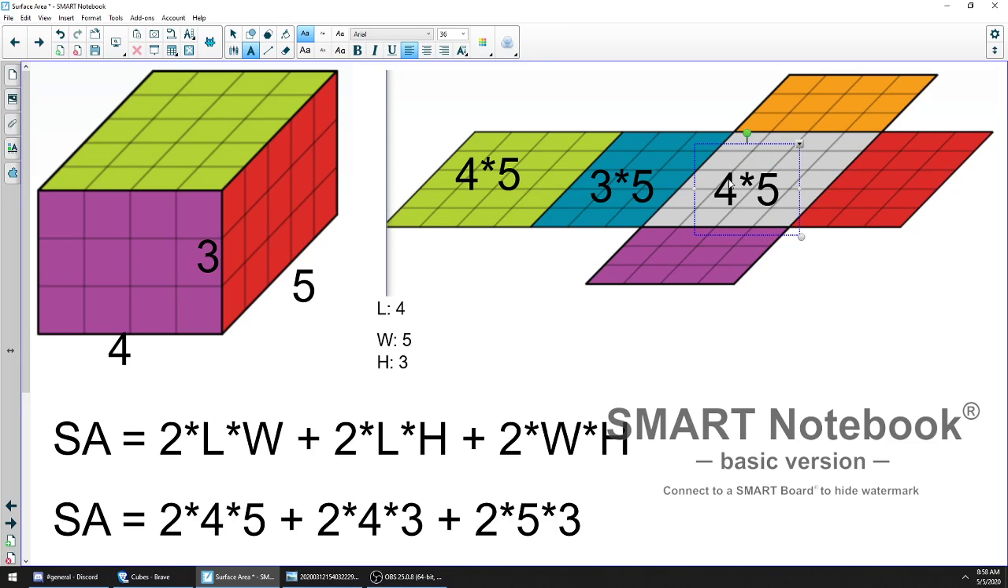Another 4 times 5. Another 3 times 5. Another, well, a 3 times 4. And a 3 times 4. You see how it matches up? 4 times 5, 4 times 5. There's 2 of them. 4 times 3, 4 times 3. And there's 2 of them. 3 times 5, 3 times 5. And it's right here. So what we have right here, where we use our formula, is exactly like if we